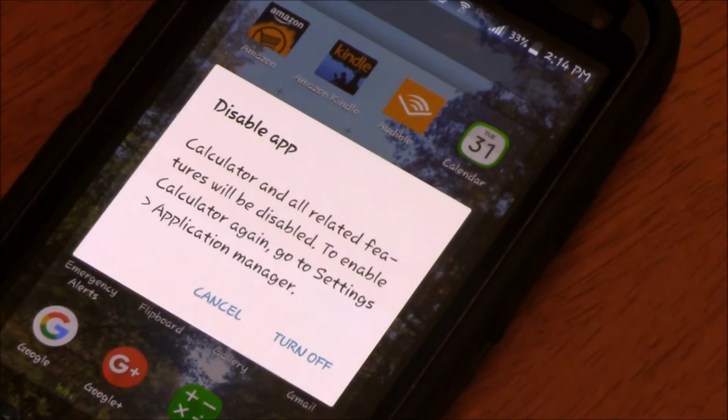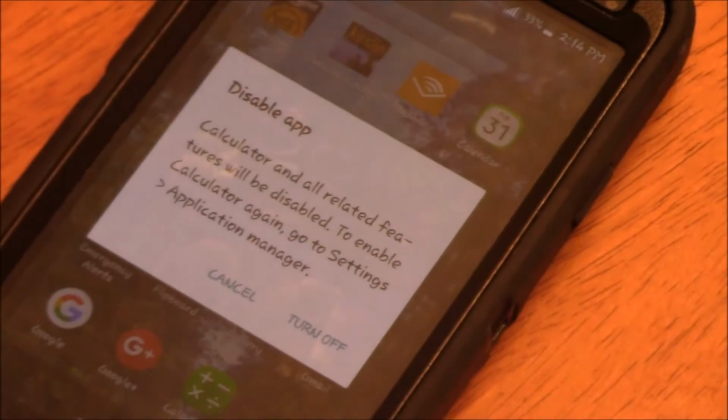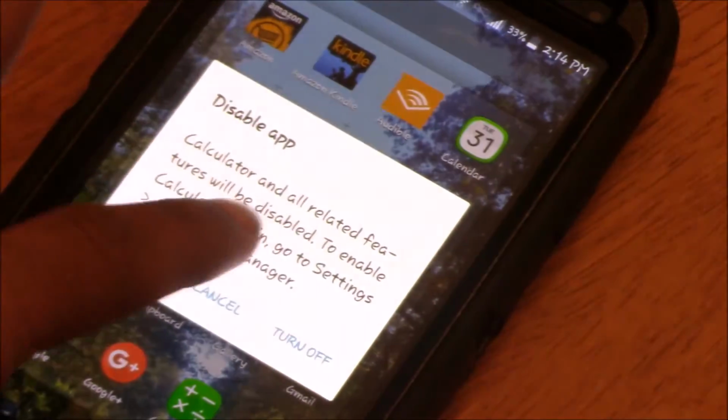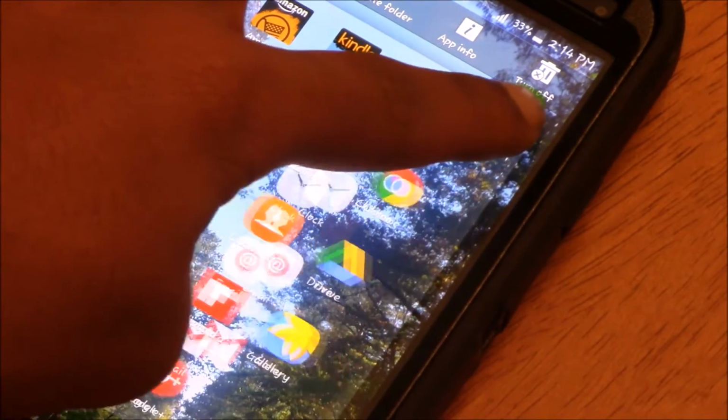It may not be deleting entirely, but at least it does more than just hide it. And I'm going to go ahead and cancel because I like using the calculator. I'm going to put that back.